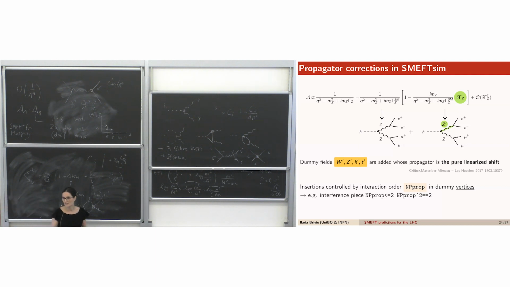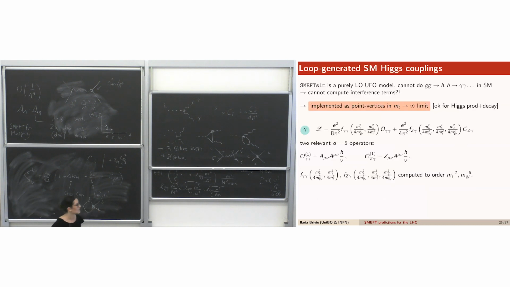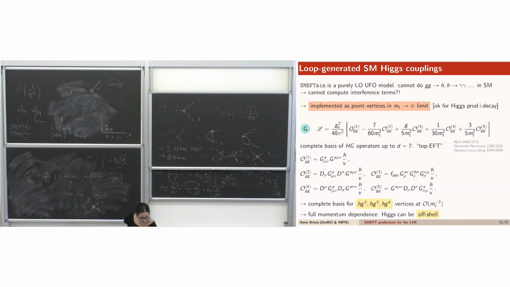This is another thing that confuses experimentalists a lot, because they do the analysis for linear and quadratic. For linear, they can put in the propagator corrections, and then they send me an email for the quadratic, and I'm like, no, you're putting in random numbers. It's also not nice, because in one case you take this into account and in the other you don't, but it's really part of the ambiguity game that you have when you do the squares. All right, sorry, I skipped one thing that was kind of important,